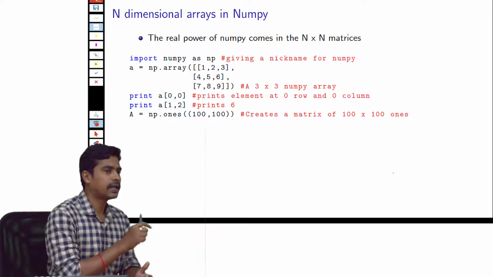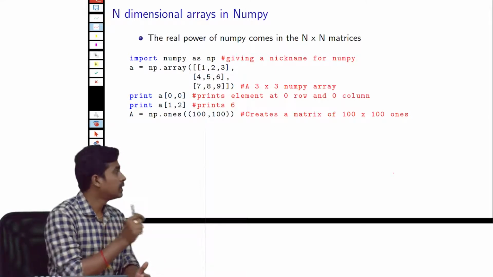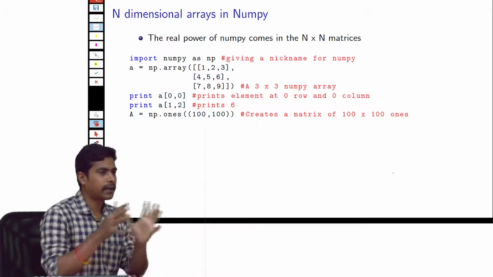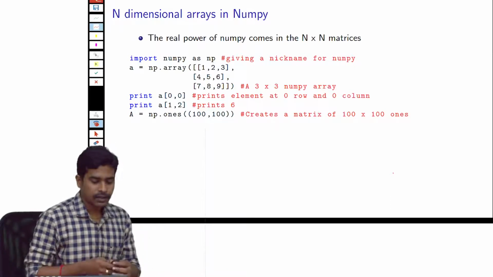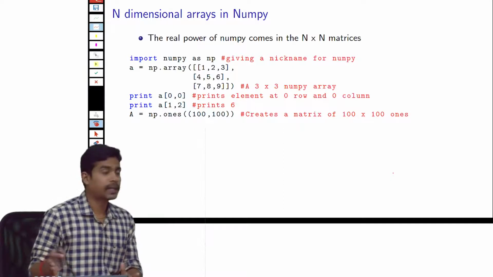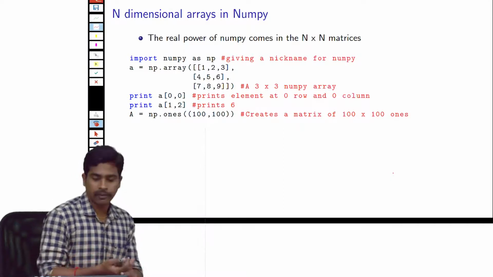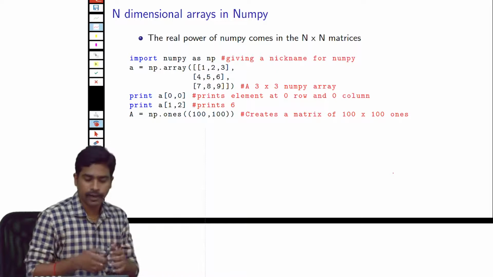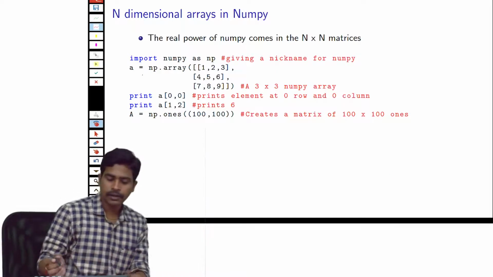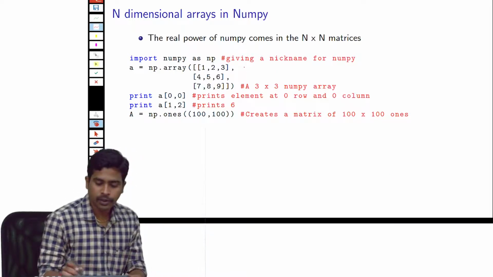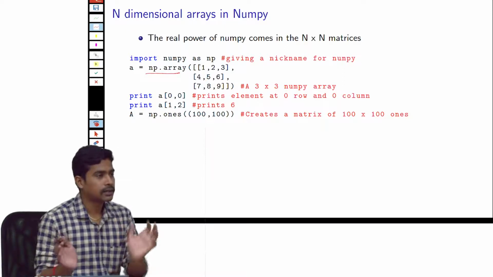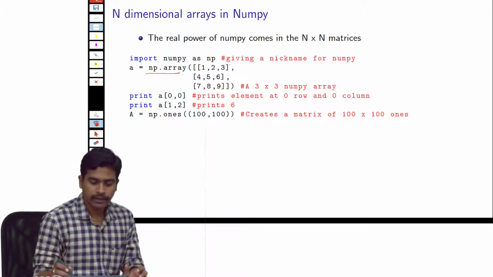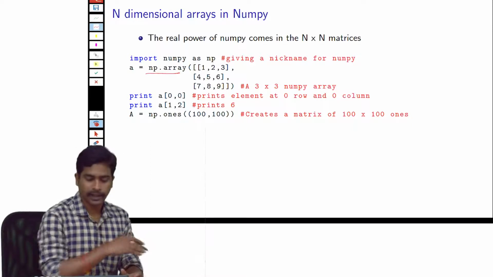So far we have seen the arrays to be one-dimensional, which means they don't have an n by n kind of shape. They are just 1 by n kind of arrays. But this is actually where the real power of NumPy comes from, where you have n by n values or m by n values. So in NumPy, this is how you create an n by n array, or here it is a 3 by 3 array. So numpy.array, and within these brackets you give the array, and it will convert it into a NumPy array.